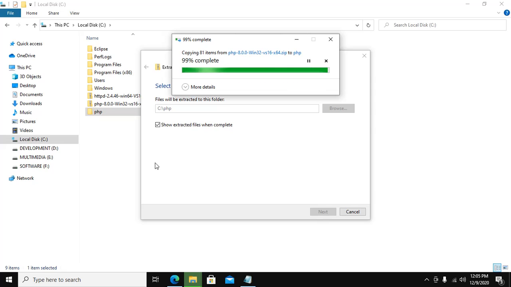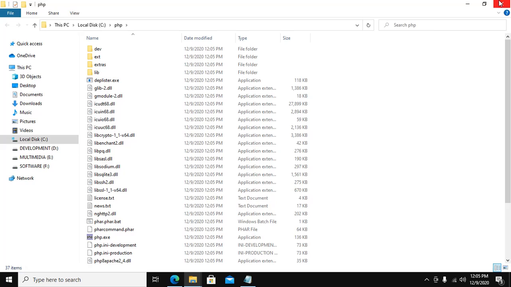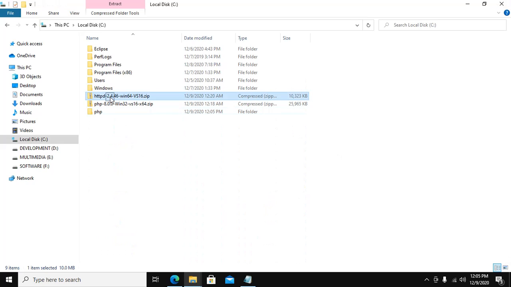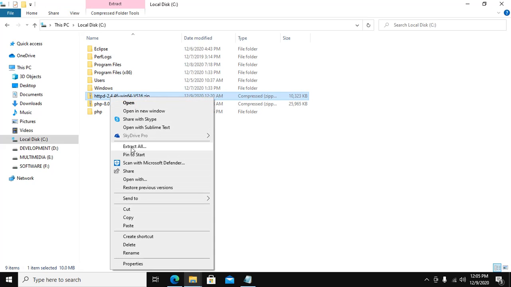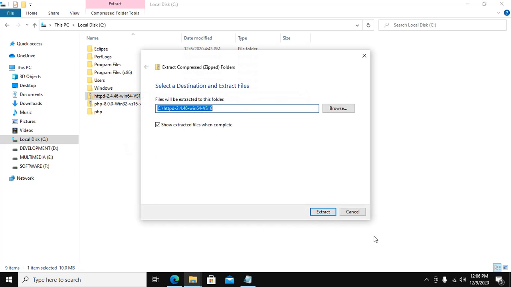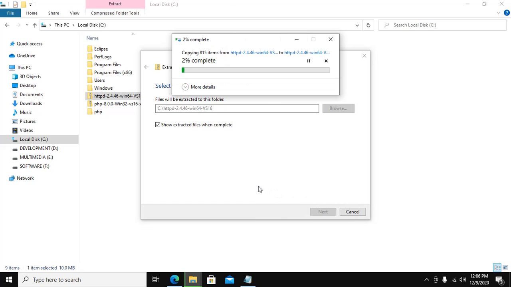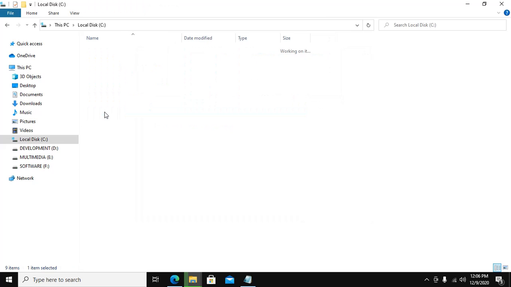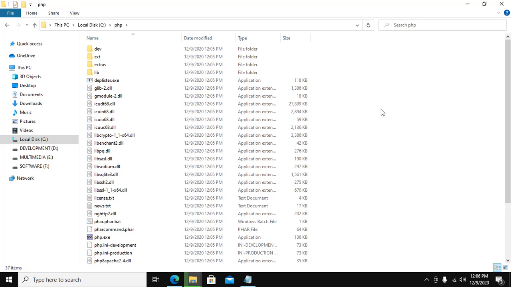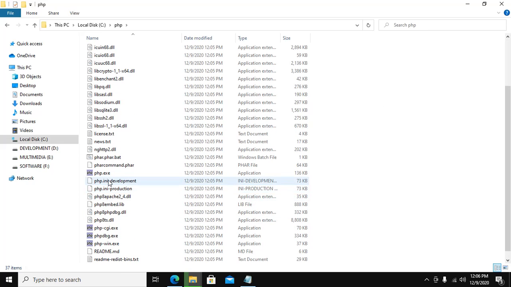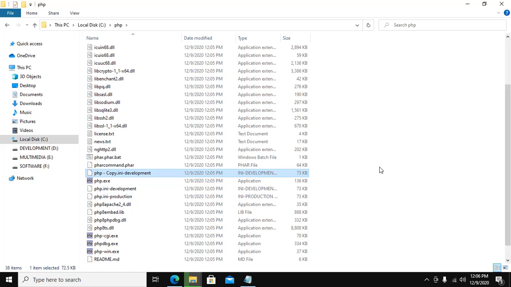It takes some time depending on your PC. Okay, now extract Apache, extract, and move to PHP folder and copy this php.ini-development and paste here to make a duplicate file